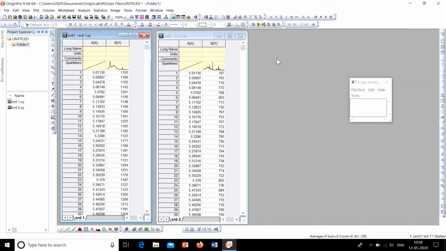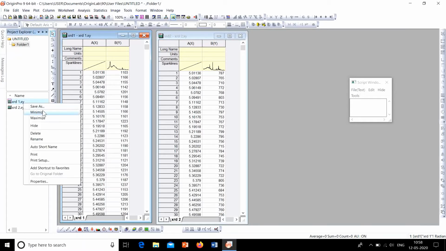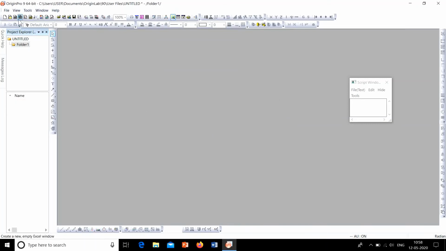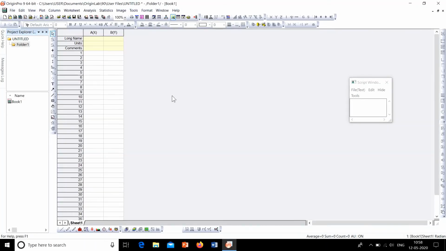Alright, now there is a very simple method. Usually most of us are doing that method. I'll show that. For that, let's delete these. Now we can create a new workbook. Okay, so now go to the file